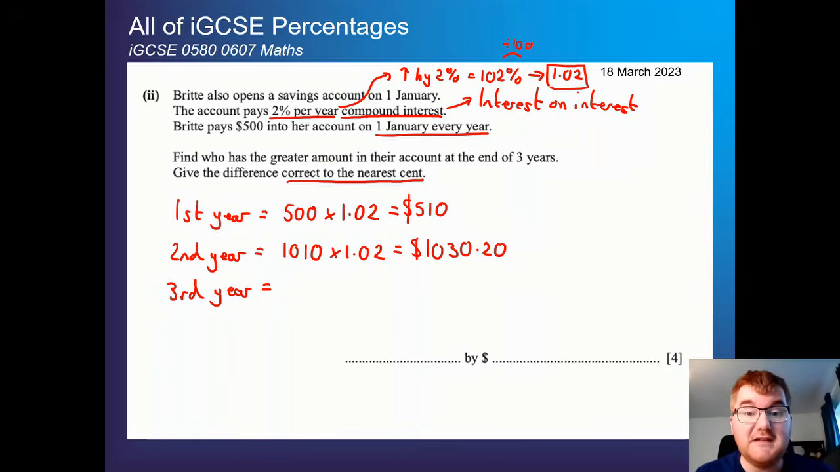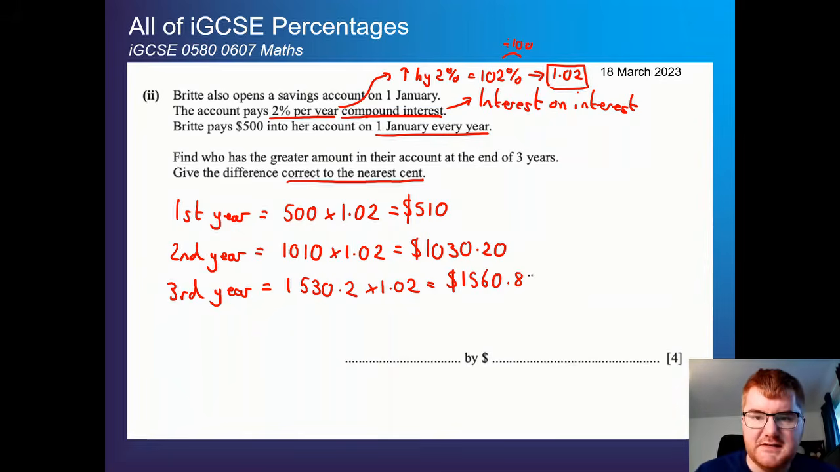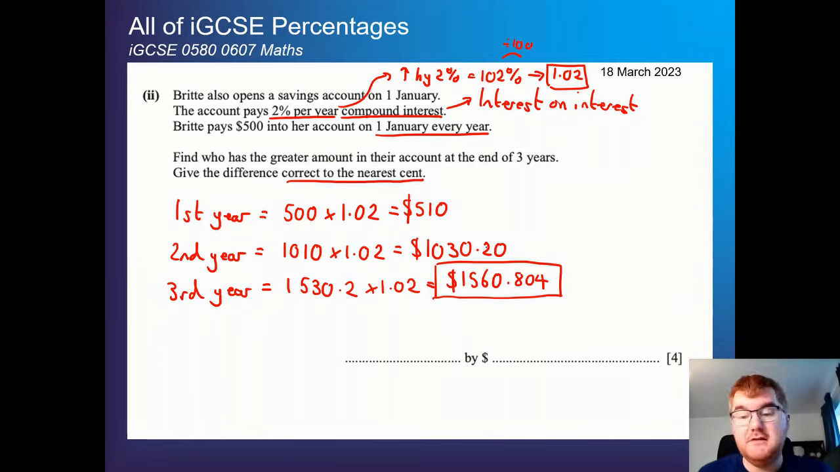Then the third year, again, we add another 500. Again, the 1st of January, that always is happening. So we get 1,530.2 times 1.02. Again, pop that into our calculator, and we will get 1,560.804. So that's our final amount after 3 years. Remember, Sachin, if we go back, he made $1,581. So the difference between that, so we're going to take away 1,581 from the answer we just got, and that gives us